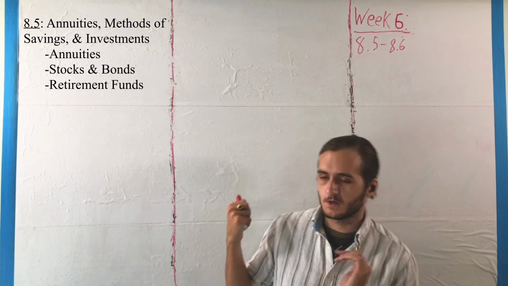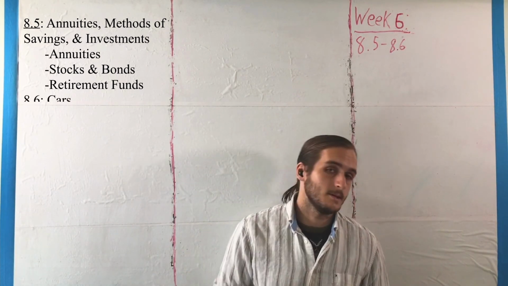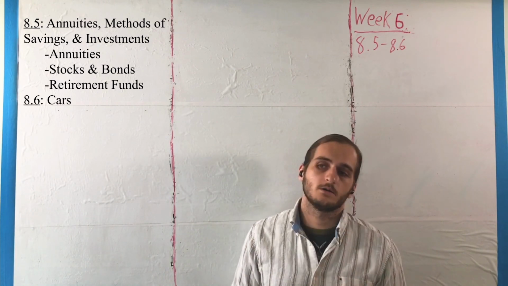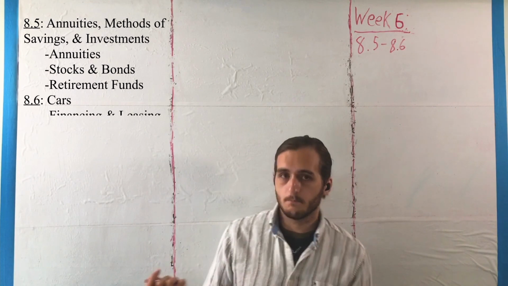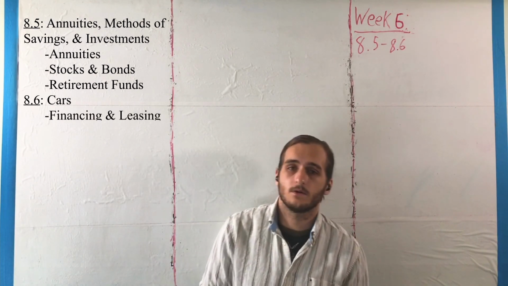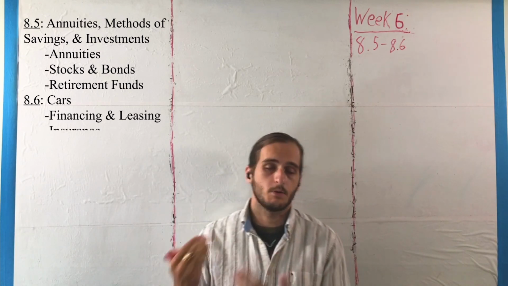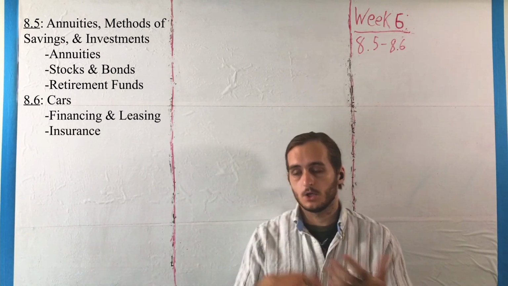Then in 8.6, we're going to be talking about spending money. We're going to be looking at cars. We're going to look at the expenses with cars, how you finance one, because usually you don't pay entirely out of pocket for them, as well as making some important distinctions between things like purchasing and leasing, buying new versus